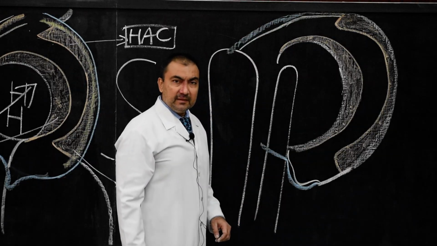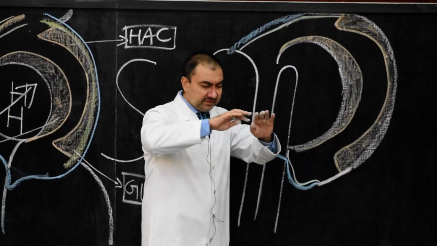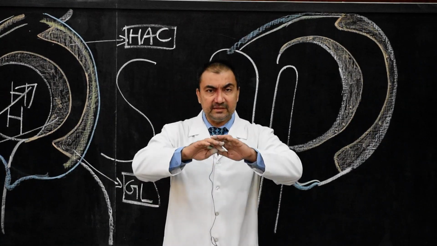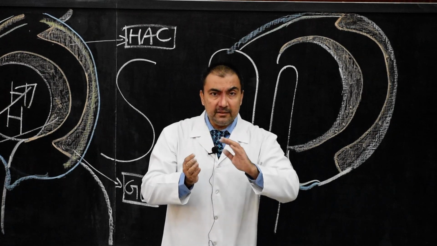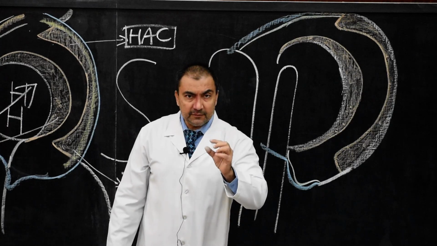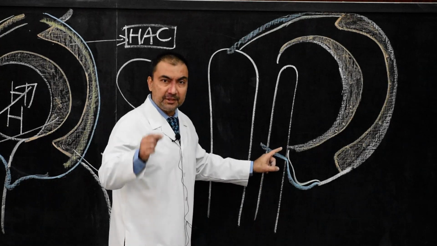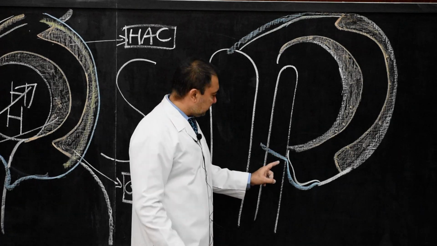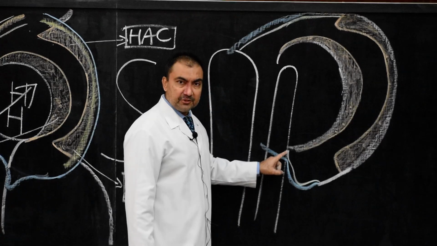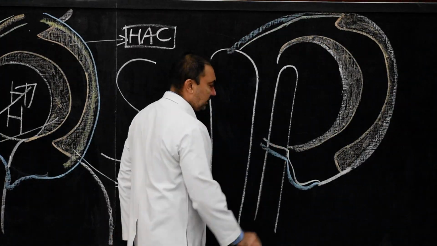And then we will show that this synovial membrane, first of all, lines the inner part of the fibrous capsule. Wherever the fibrous capsule is, its inner surface is lined by synovial membrane. The second important point is that the same synovial membrane will line the intra-articular part of the neck of the femur. So the part of the neck of the femur, not femur but humerus, which is covered by the fibrous capsule, that intra-articular part of the neck of the humerus will be covered by synovial membrane. So here, we show that the intra-articular part of the humerus is covered by synovial membrane. That entire portion will also be covered by synovial membrane.